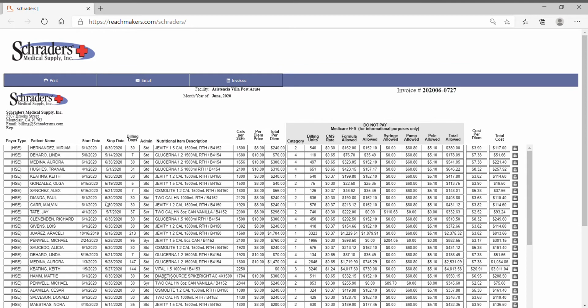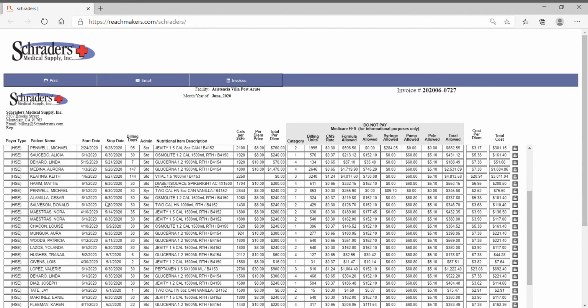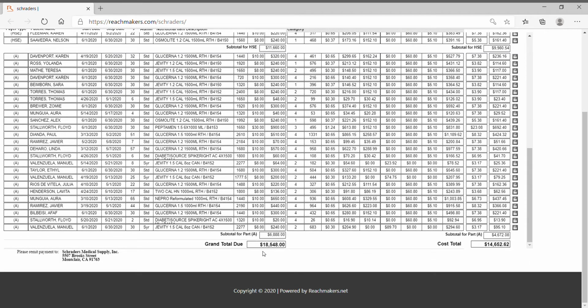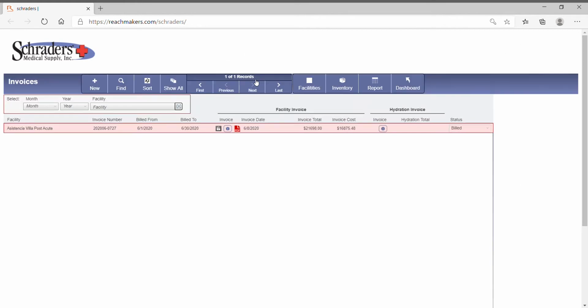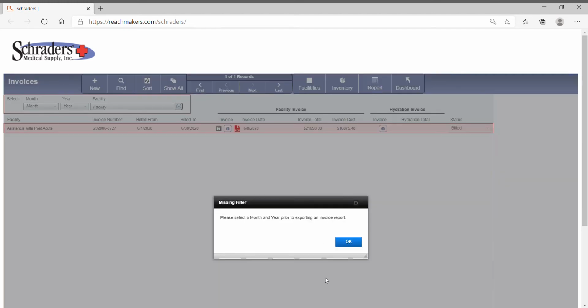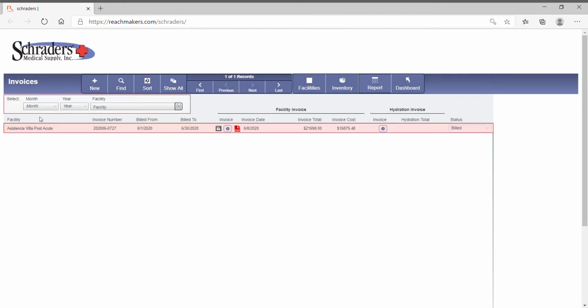The next thing I saw was that, if you notice, the grand total here is $18,548, and the cost is $14,652. But if I go over to the report where things are imported, which is here, report. Again, this is the only invoice I have in there right now. If I go to report,